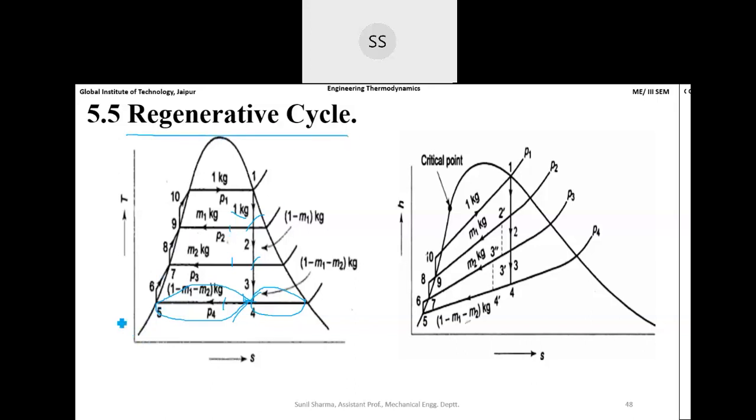So this is a TS diagram, and probably you understood it. Now we talk about the HS diagram, which shows the constant pressure cycles P1, P2, P3, P4. P1 is the pressure of the boiler, P2 is the first FWH, P3 is the second FWH, and P4 is the pressure after the turbine. So in this way we see the things.